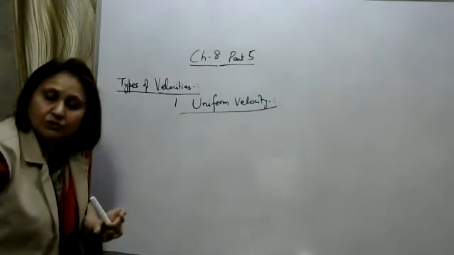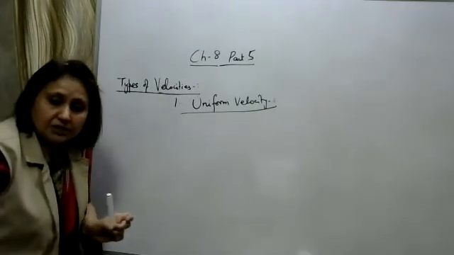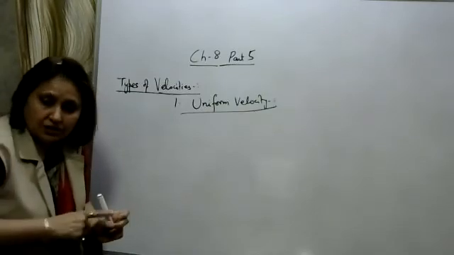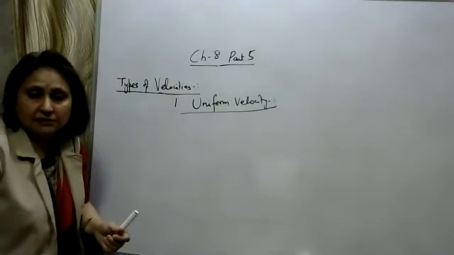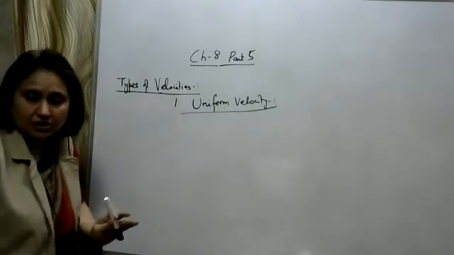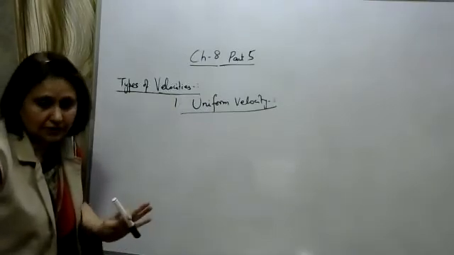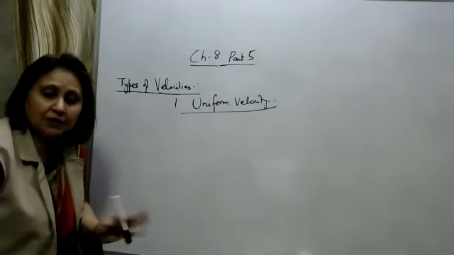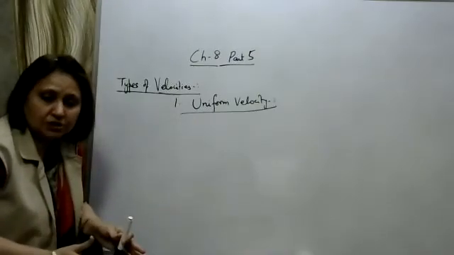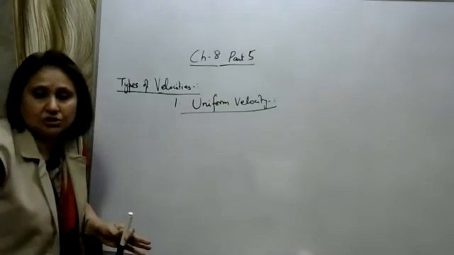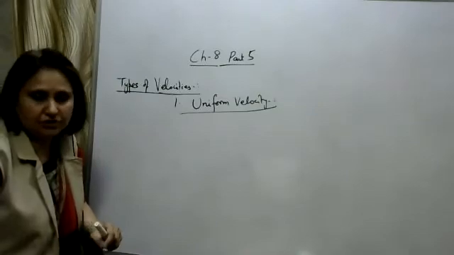So in this example, you see that the speed is constant, 40 kilometers per hour, and it keeps on moving in the same direction on the same straight road. Then the velocity is constant. So uniform velocity means constant velocity. And when is it possible? As we know, velocity is speed with direction. So the speed should be constant and the direction should not change. Then such velocity, we call it uniform velocity.